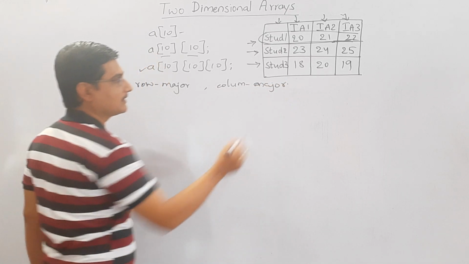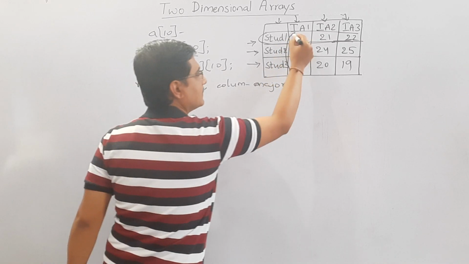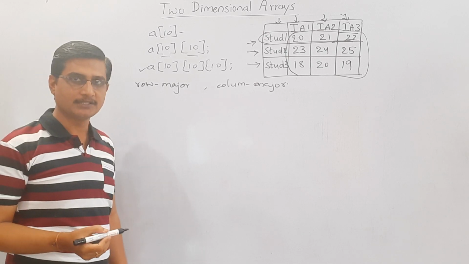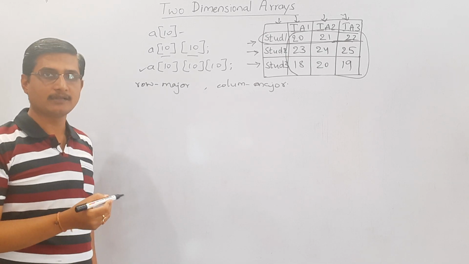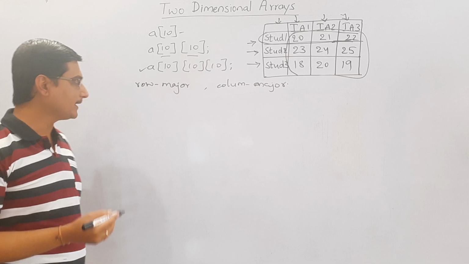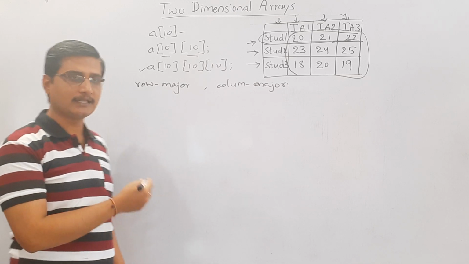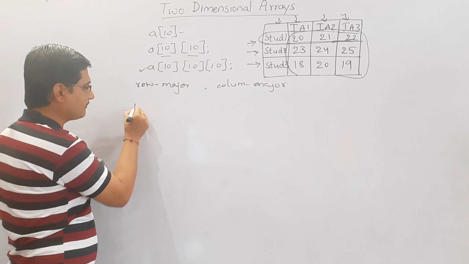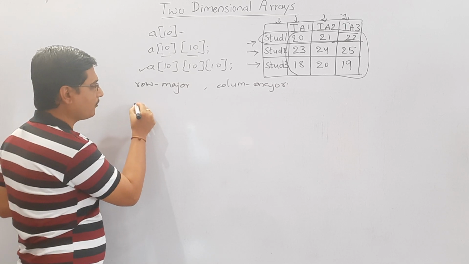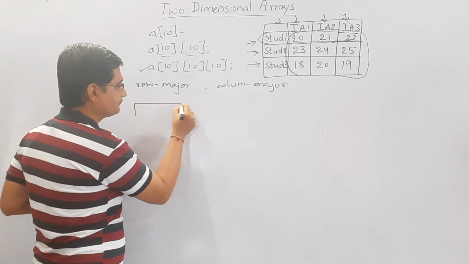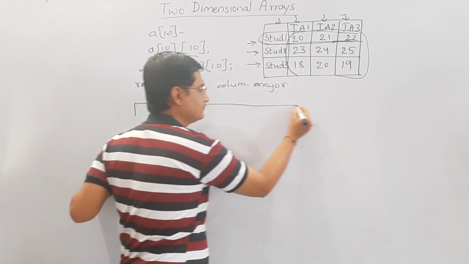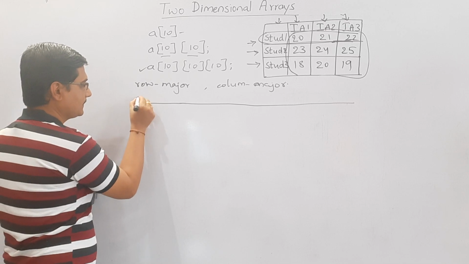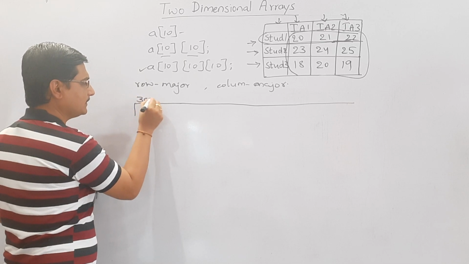Let us consider this data only, and assume that we are working on a 16-bit machine where the size of an integer will be 16 bits, that is 2 bytes. If you are working on a 32-bit machine, then that will be different: the size of every integer will be 4 bytes. Say the initial address is 3000,